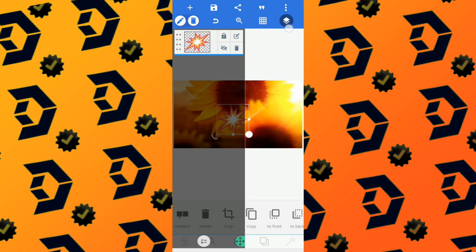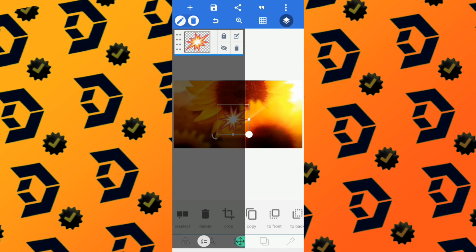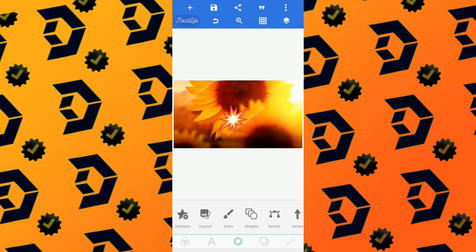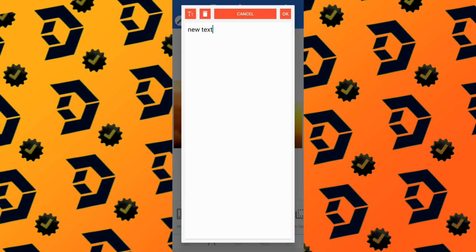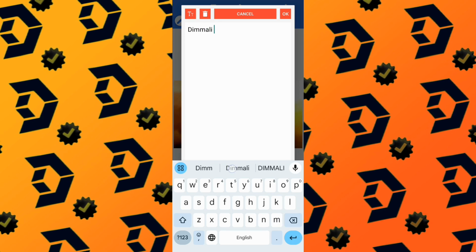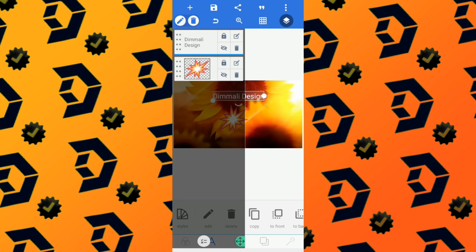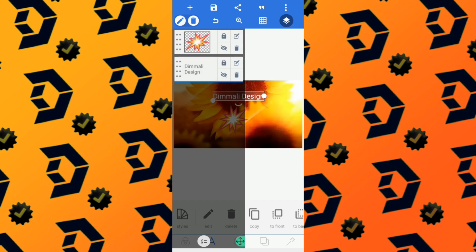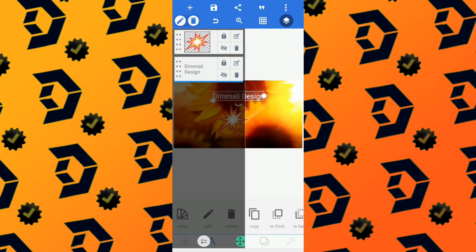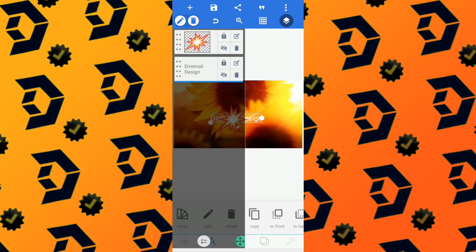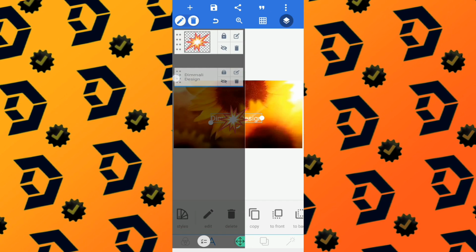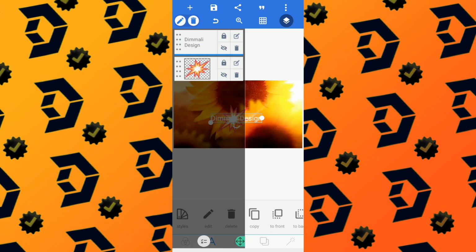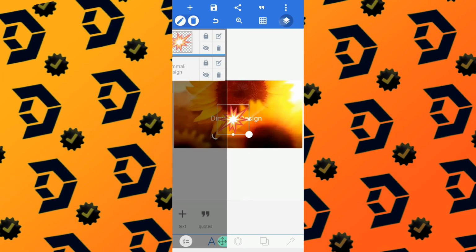So this here is where you see everything you have done on your work. Let me bring in text. Okay, let me change it to the Mali design. As you can see, it is here. And with this, I can either make it on top, or this is the to front. Instead of just clicking on the to front or to back, you can use this, and you click on these small shapes here, then you move it to the top, and as you can see, it's on top of this element. Or you can move it backwards, and yes,